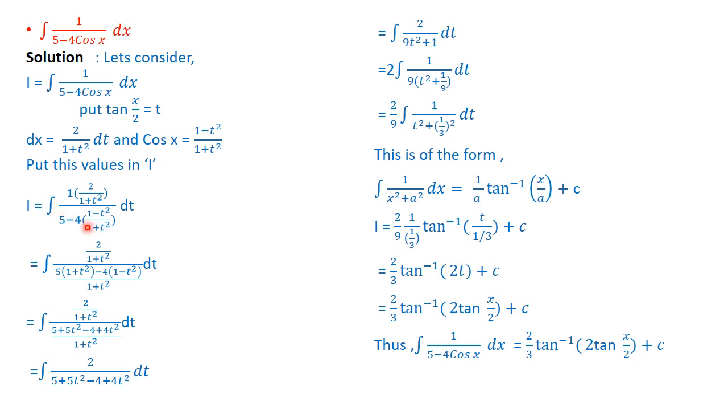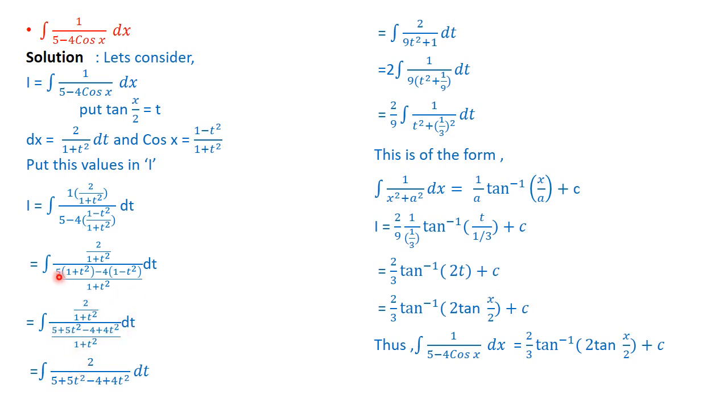For that purpose, taking LCM, here 5 into 1 plus t square minus 4 into 1 minus t square upon 1 plus t square. Now this 1 plus t square and 1 plus t square get cancelled, and here integration of